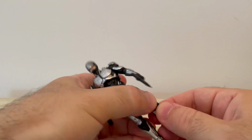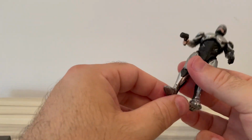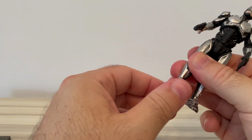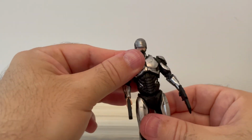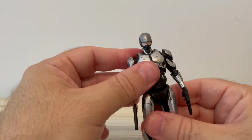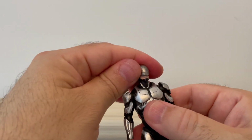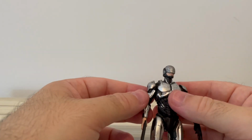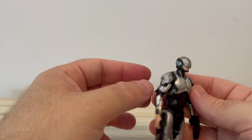Dual inch, it's a little bit stuck here. Knees, and then you have swivel, and you can hinge as well here at the feet. So articulation wise it's good, some limitations, but again this is a sort of robot figure. It's always a little bit complex because if you take out some of the detailing then it will look